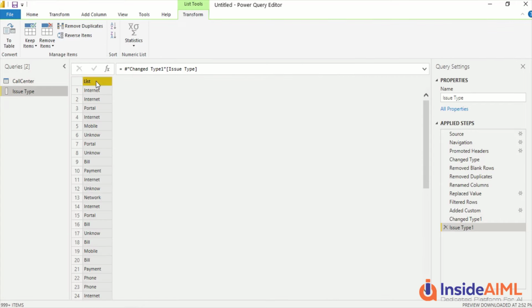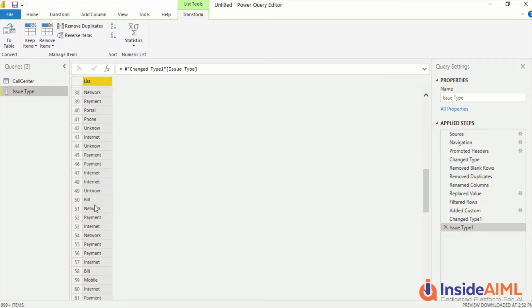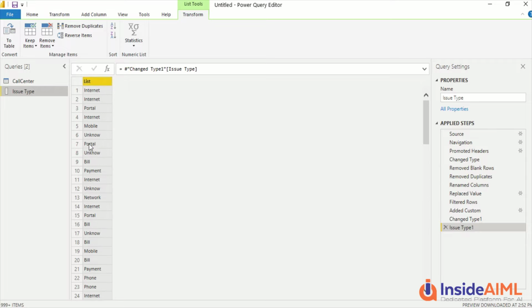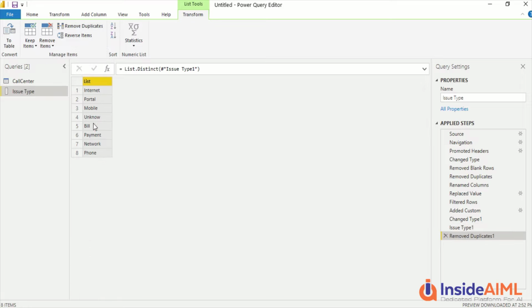So you got a list basically, and that list has duplicates. Now there are two things you can do: you can say remove items, or you can remove duplicates. Let me remove duplicates. What happens? I got this list of only non-duplicate items, and you can see that these steps are getting added here. And I say to table now,